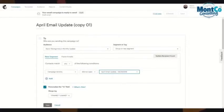The next thing that I want to work on is doing some A/B testing. And A/B testing is just kind of a fancy way to say trial and error. So within that,